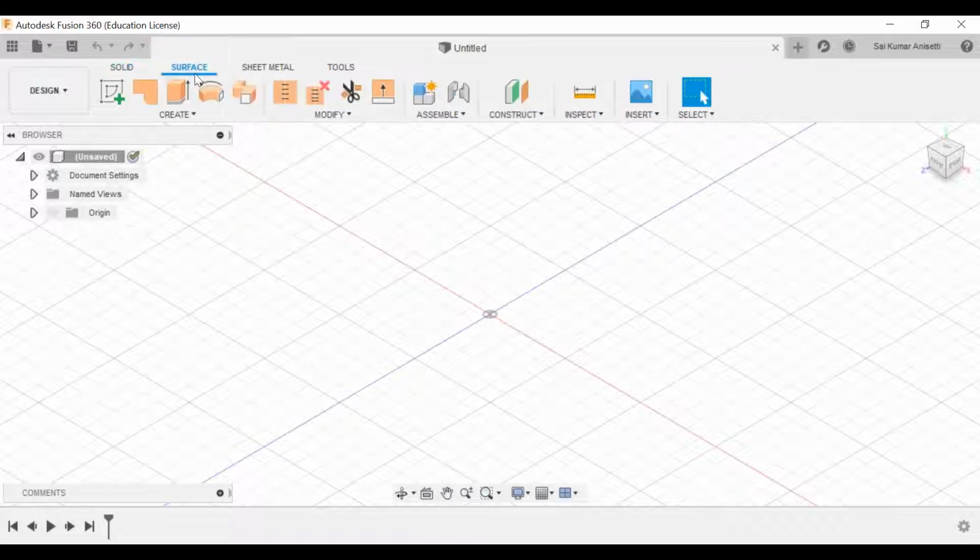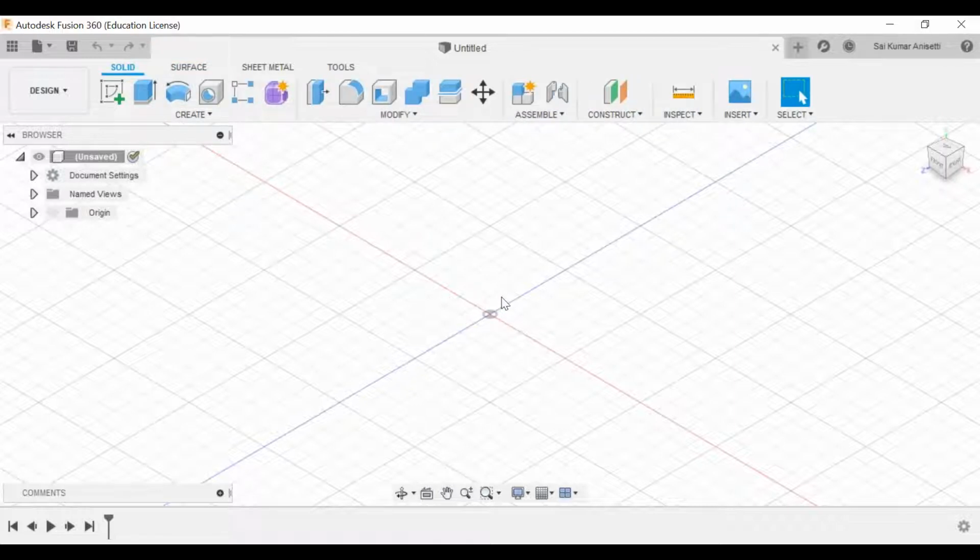Let me take a look. The major difference between surface and solid modeling is that a surface does not have any thickness. It's zero thickness, or what we call negligible thickness. It's called a simple surface. We take a surface and add thickness, and we get a simple solid model, or else a simple sheet metal component. Sheet metal has uniform thickness, whereas a surface can have different thickness. In surface modeling, first we generate a surface, then we add thickness to get into our solid modeling.